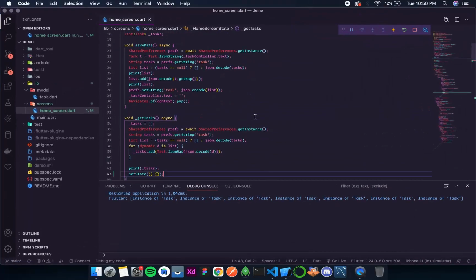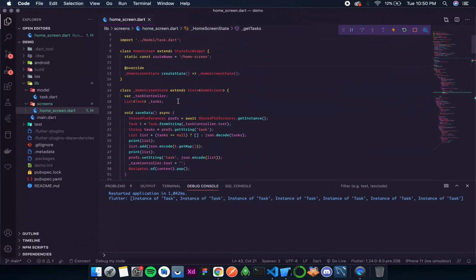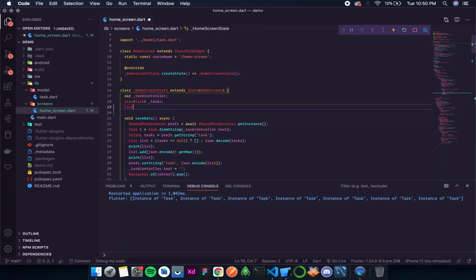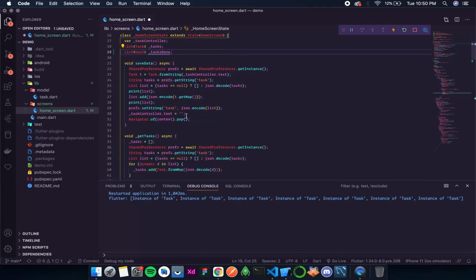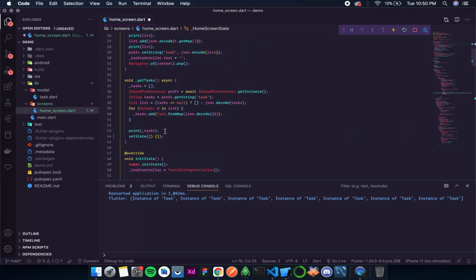For that first we need to create a list of boolean, that is tasks done. Now let's initialize it in the same place where we get the tasks.